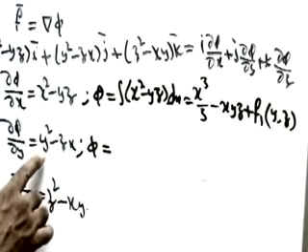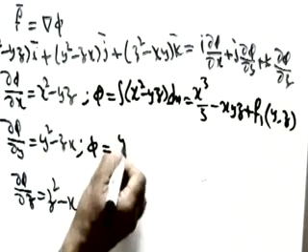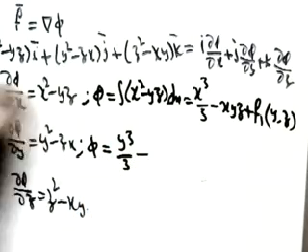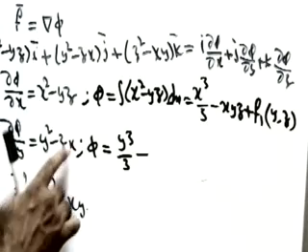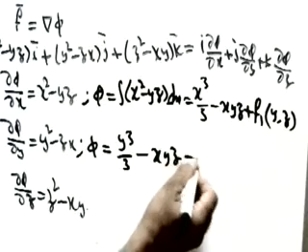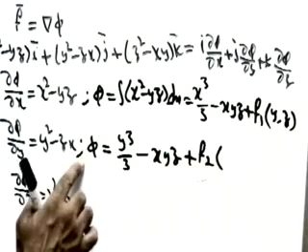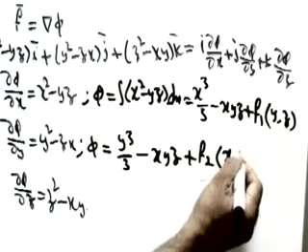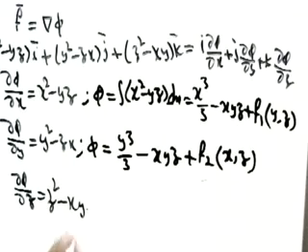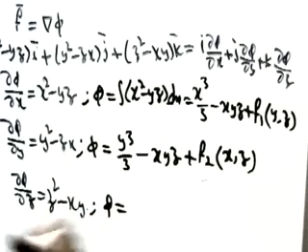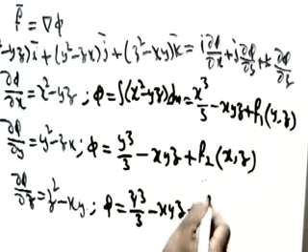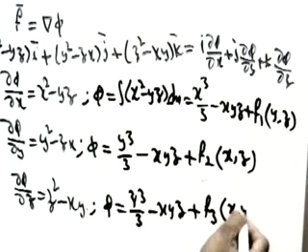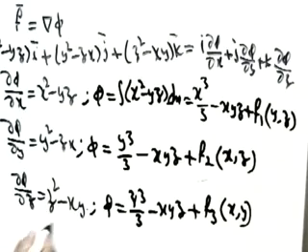Now phi equals, we integrate with respect to y, so the integration of y square will be y cube by 3. We don't have y in the other term, so we suppose 1. Integration of 1 with respect to y is y, so this will be minus x y z plus f2 of x and z, since we have integrated with respect to y, so x and z are considered constants. Similarly we integrate with respect to z: z square gives z cube by 3 minus x y z plus f3 of x and y, which are constants.